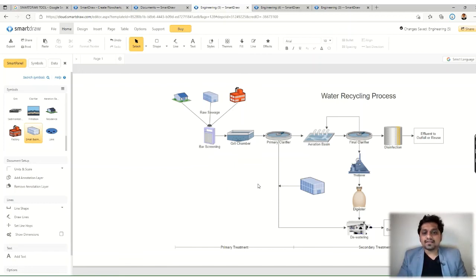So you can see we can easily attach images, we can change the text, and finally it looks very good. So this tool is very useful for saving time.